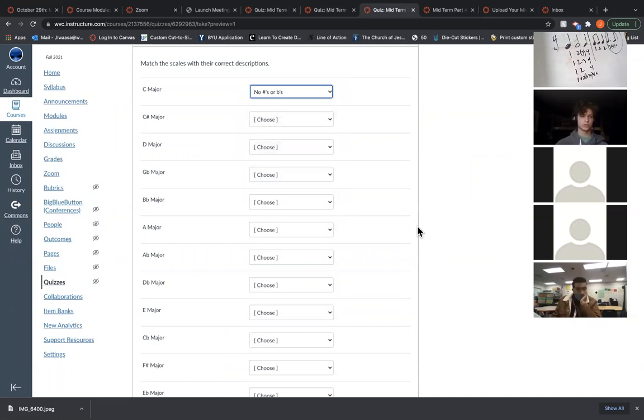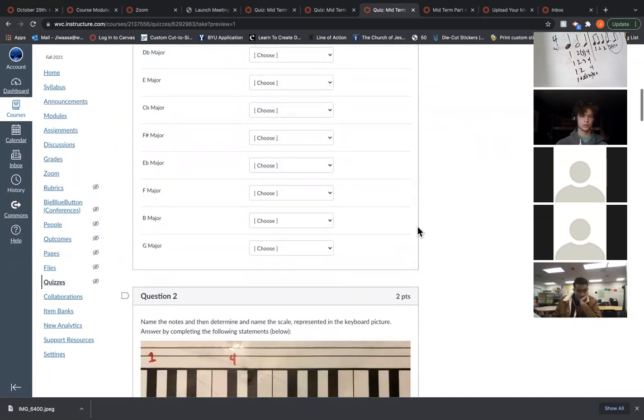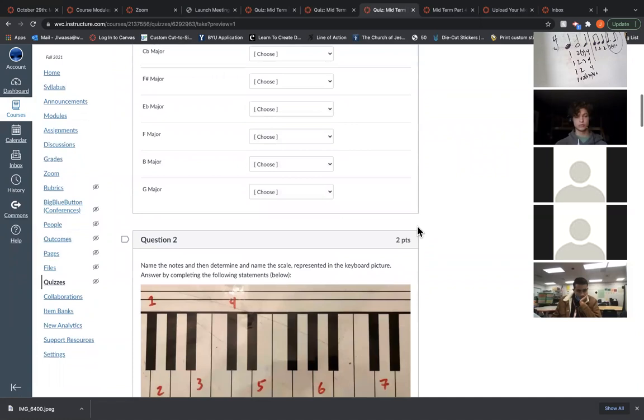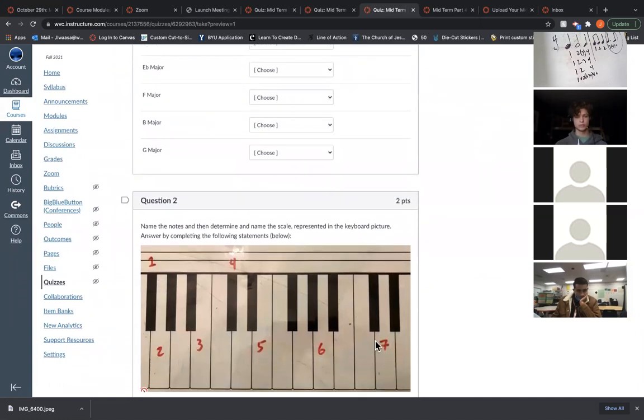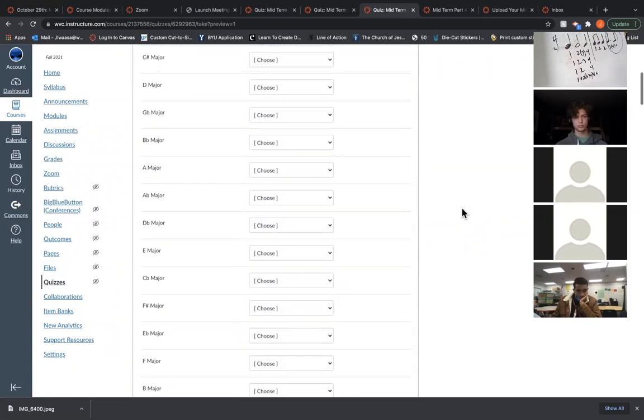It's just like your flashcards, okay? And then this is kind of an interesting one. It says, look, these here could be, you know, note names. What kind of scale is that? Let me take you through one of these right now so you can see, okay? Let's say you had, I'll